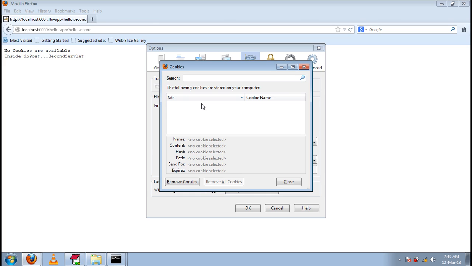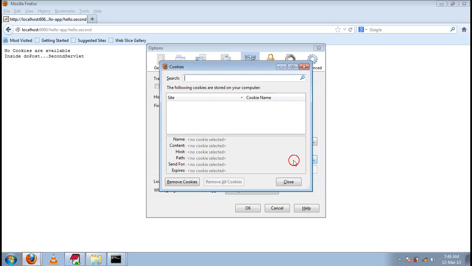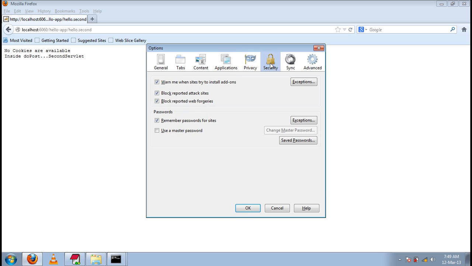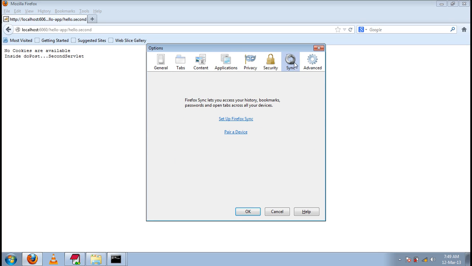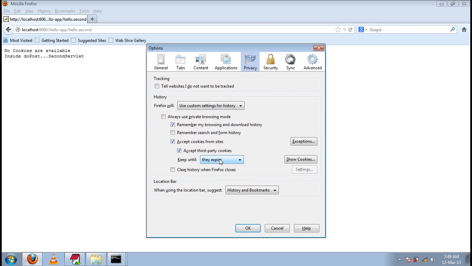And one more thing is we can disable the cookies. The first thing is once the cookies are available in the temporary internet files of the browser, we can manually delete them. We can remove all the cookies. And the second thing is we can permanently disable the cookies.